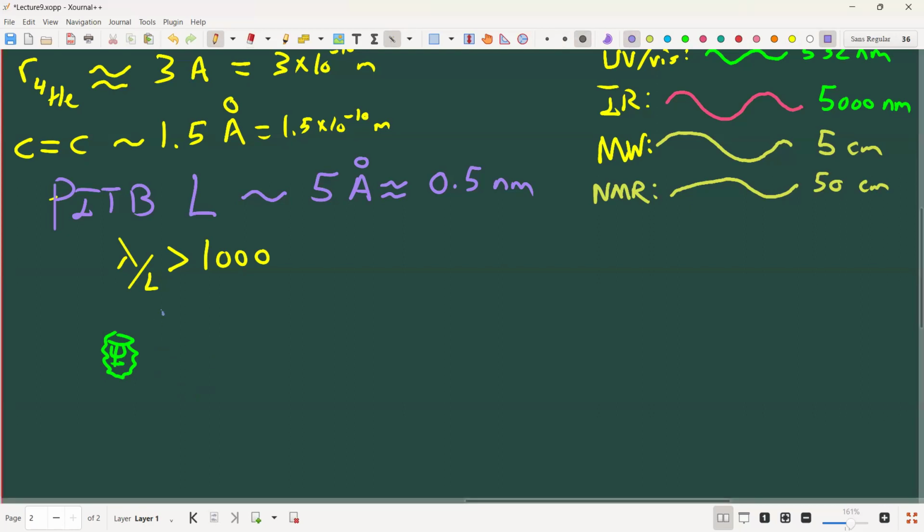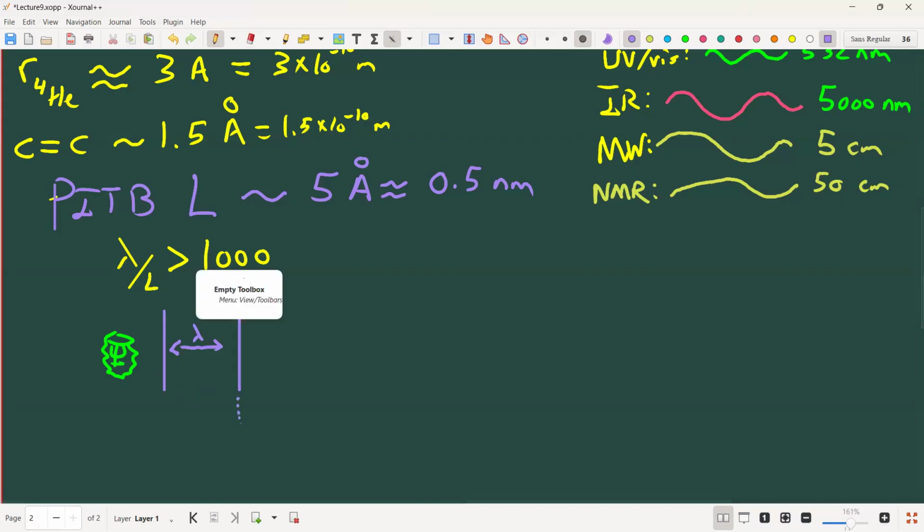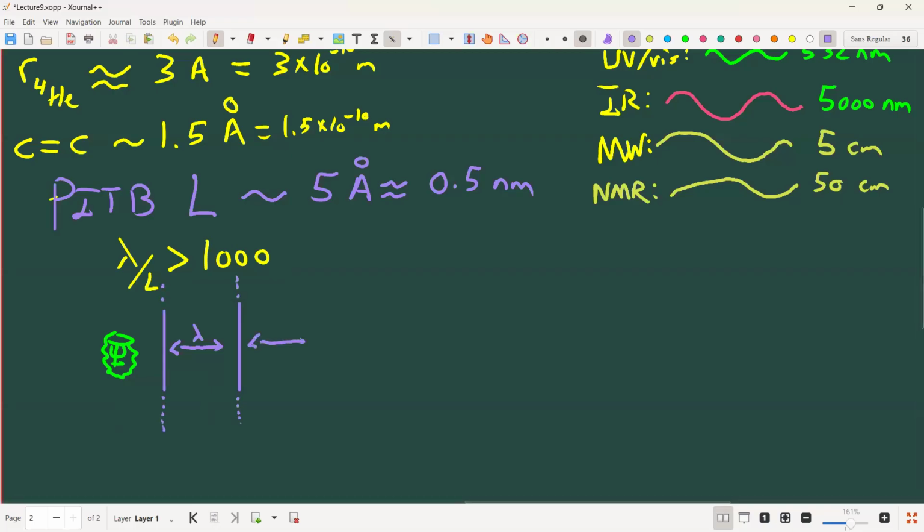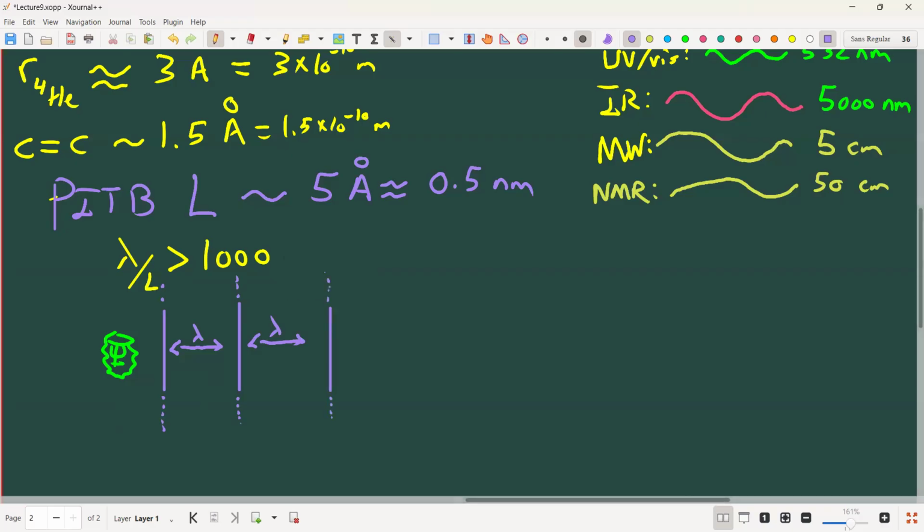There's a peak here, and then at wavelength lambda, there's another giant peak here that just extends. And there's going to be another one. So you're just getting blasted by this massive wave that has no structure to it other than